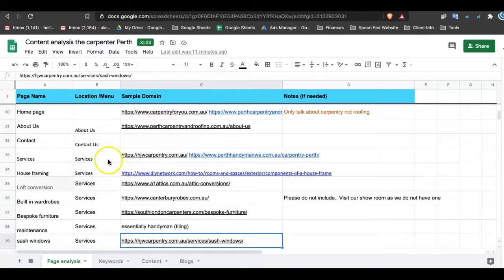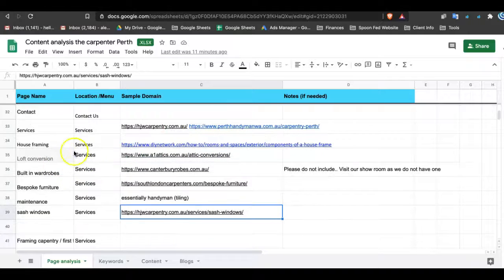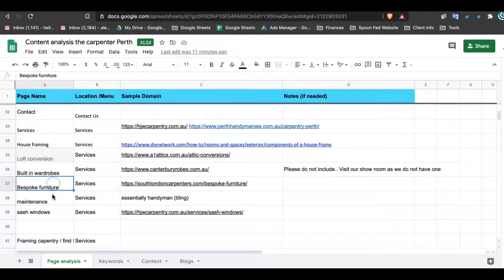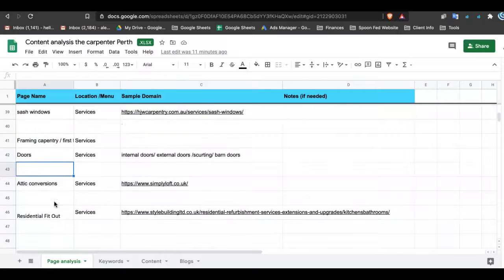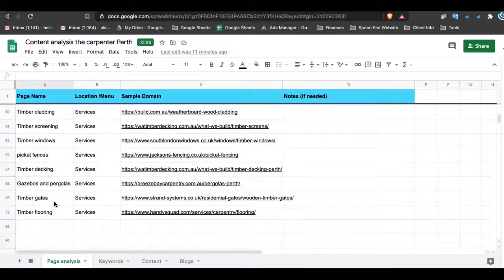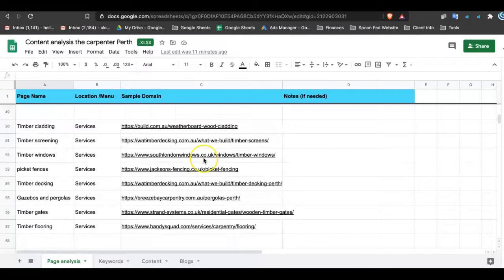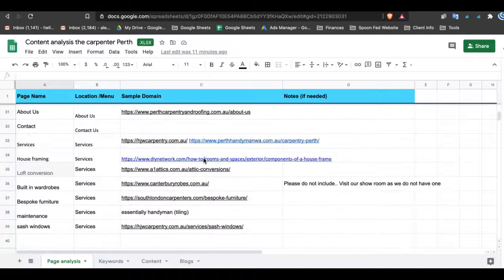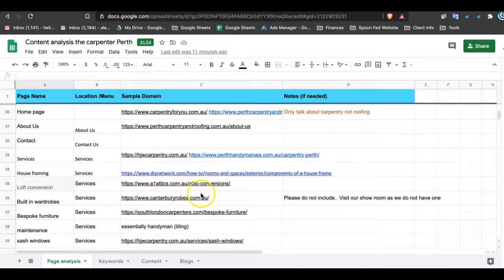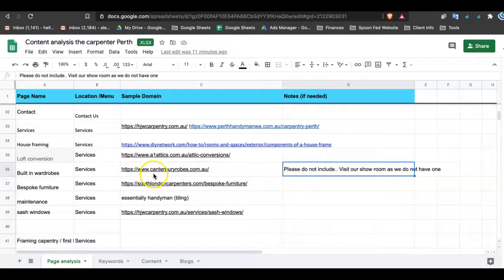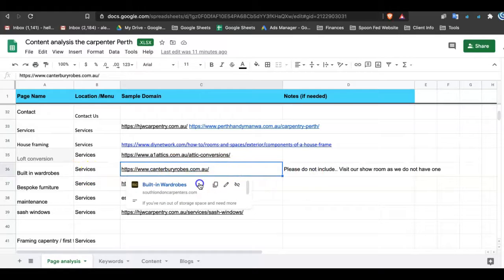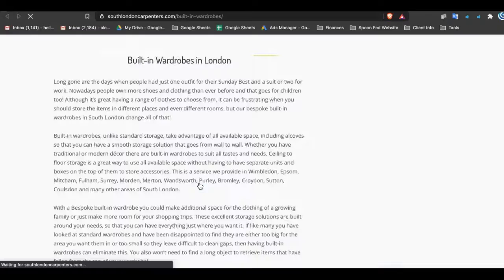I've basically gone through all the different websites, found all the different types of services, and put a little link for the person who's doing the content. And also, for instance, with built-in wardrobes, let's have a look. I've taken the content from this website,